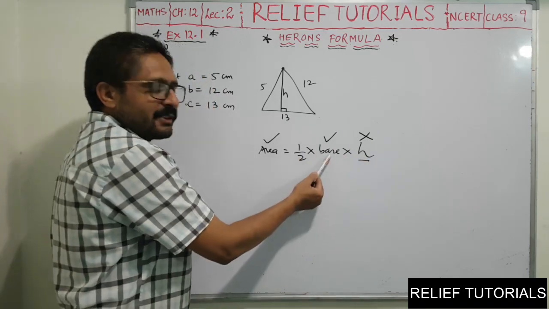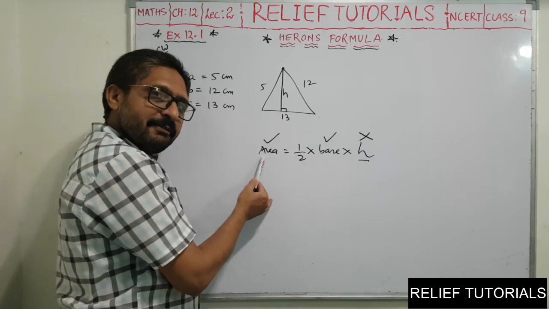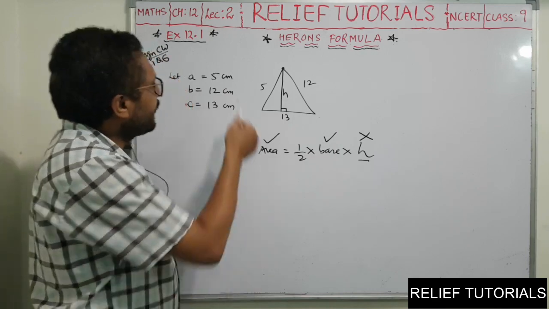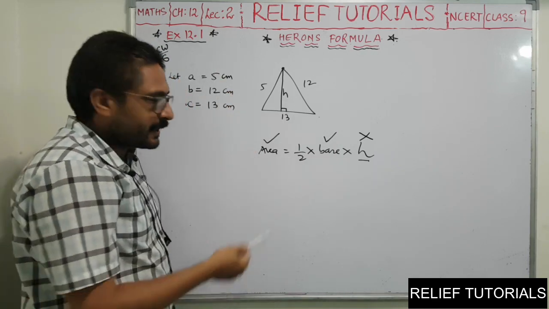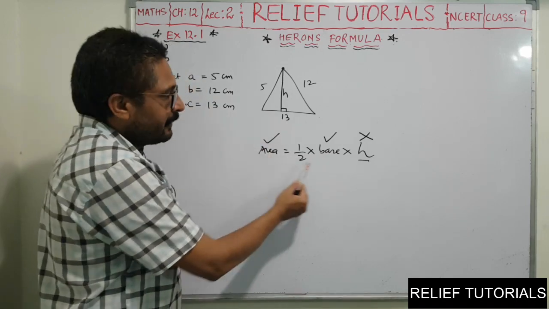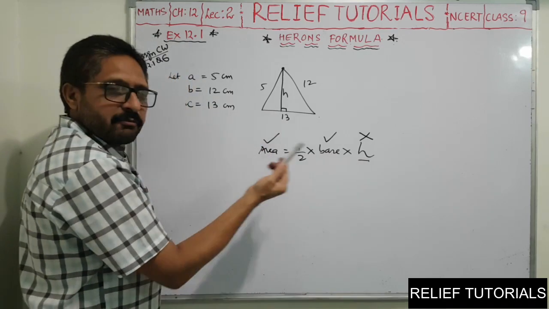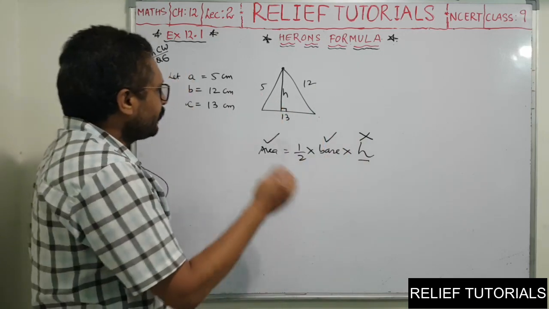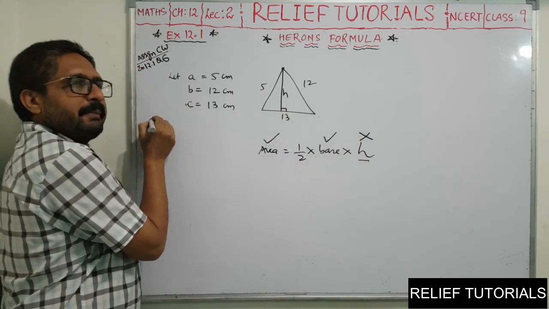So here we have the base. So what do we have to find? First we will find the area. Is it possible to find the area? Yes. Why? We have measures of all three sides, so we can find the area by using Heron's formula. We have the base, and in this equation one thing is unknown, that is h, so easily we can find h. Okay, now come on. So we will find the semi-perimeter.